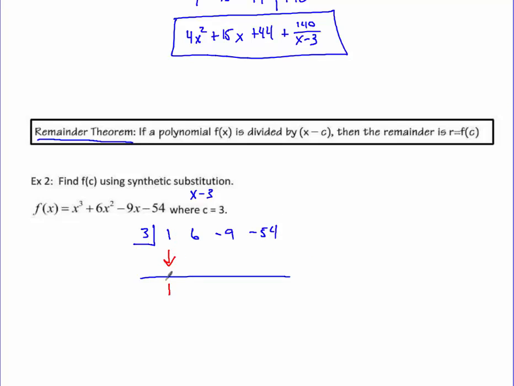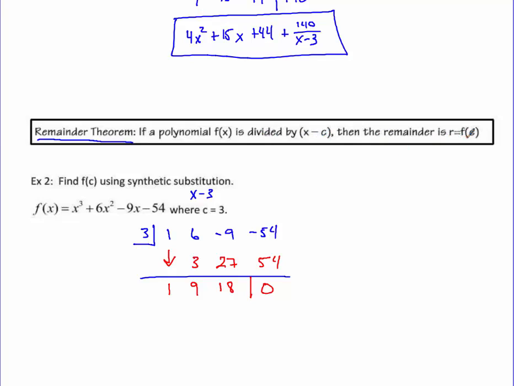Bring down the 1. 3 times 1 is 3. 6 plus 3 is 9. 3 times 9 is 27. Negative 9 plus 27 is 18. 3 times 18 is 54. Negative 54 plus 54 is 0. That's our remainder. And what this remainder theorem said is that if a polynomial is divided by x minus c,